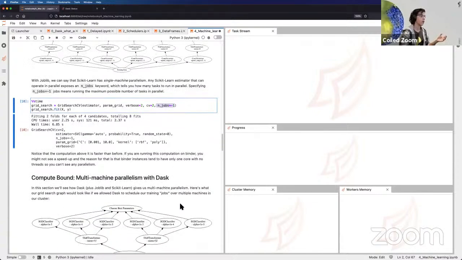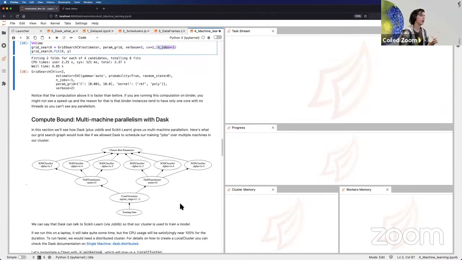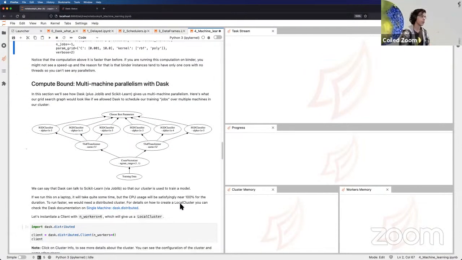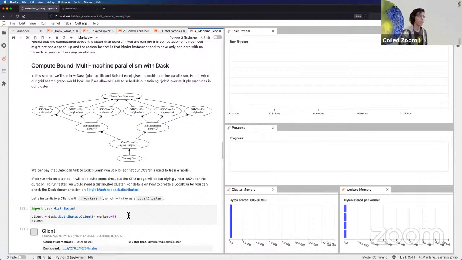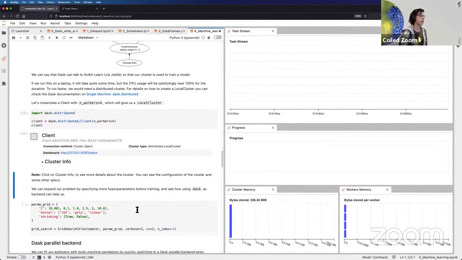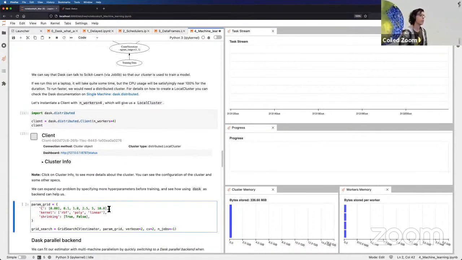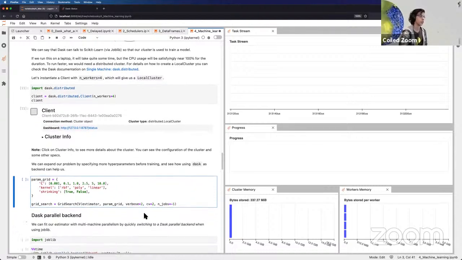So now let's take a look at how we can do this with Dask. So we will create a client. So then we'll see our beautiful dashboard over there. And now let's just run way more of these. So we'll have all these different parameters and all these different combinations, and let's see if we can run them with